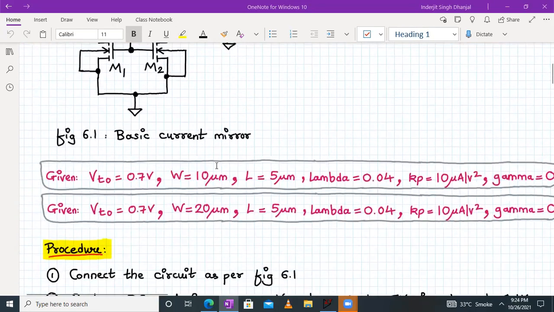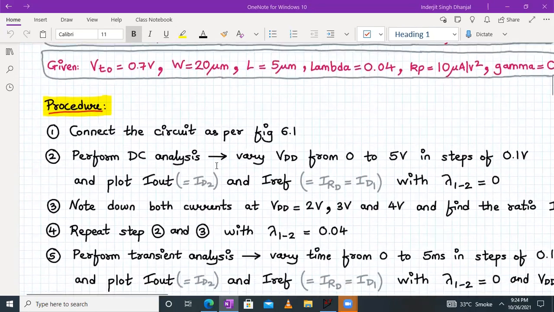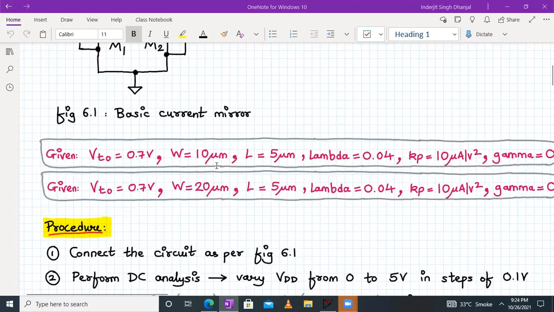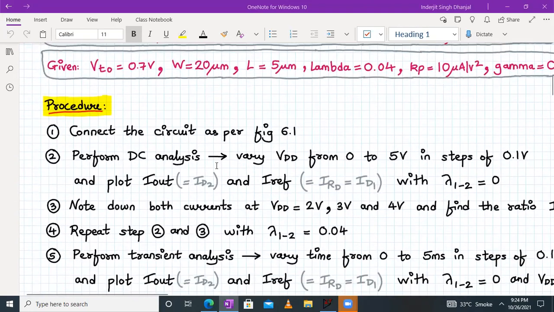So let's understand the procedure. First of all, we have to connect the circuit as per the diagram given over here in LTSpice. Then we have to perform the DC analysis and vary the VDD from 0 to 5 volt in steps of 0.1, and then plot I out and I reference, with lambda equal to 0. Lambda equal to 0 means lambda 1 is equal to lambda 2 is equal to 0.